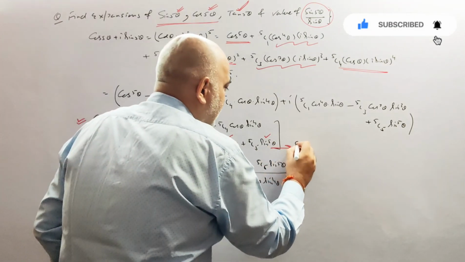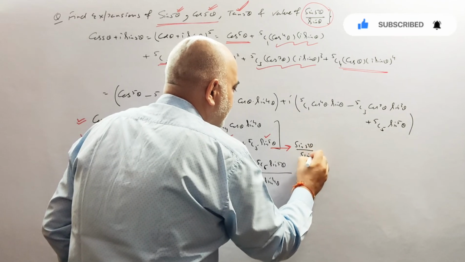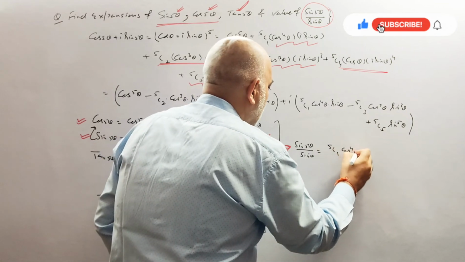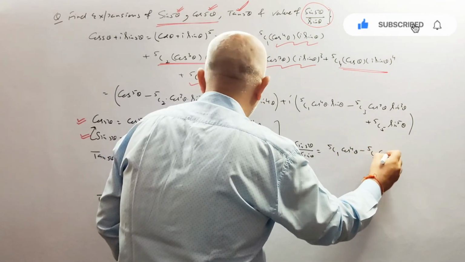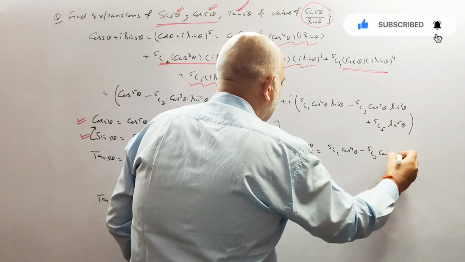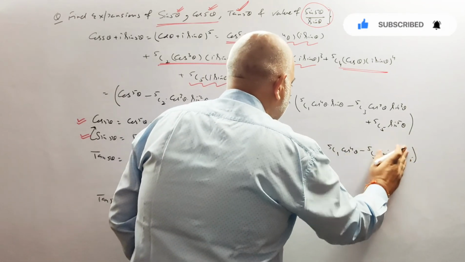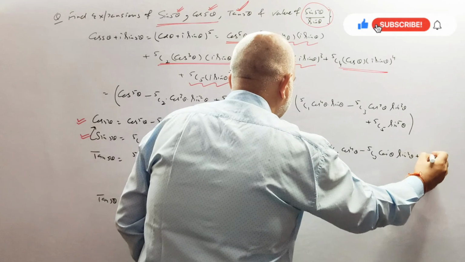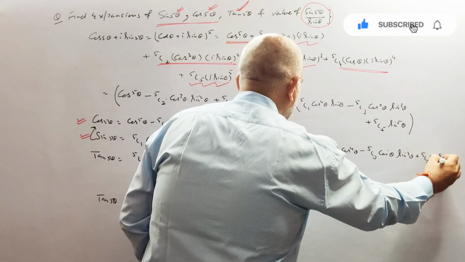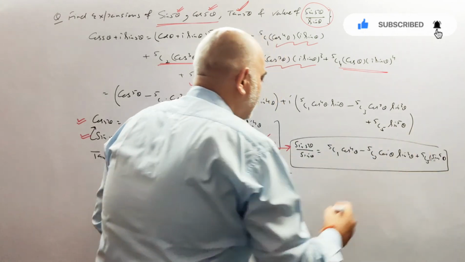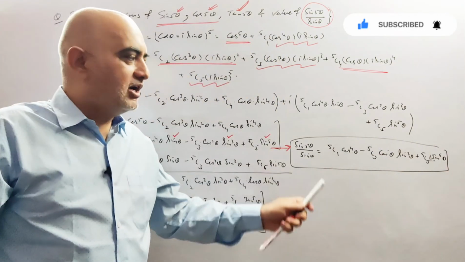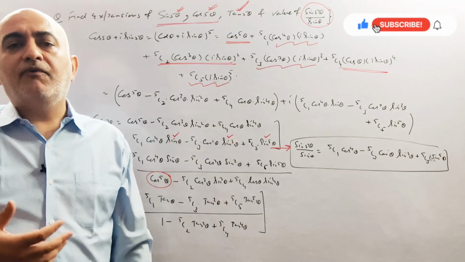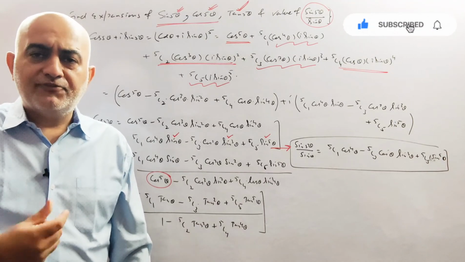We can obtain sine 5 theta divided by sine theta equals 5c1 cos 4 theta minus 5c3 cos square theta sine square theta, sorry, here sine also, and plus 5c5 sine raised to the power 4 theta. So in this way, we can find the expansion of sine 5 theta upon sine theta after taking sine theta common from here. So in this way, we can find different kinds of expansions of sine n theta